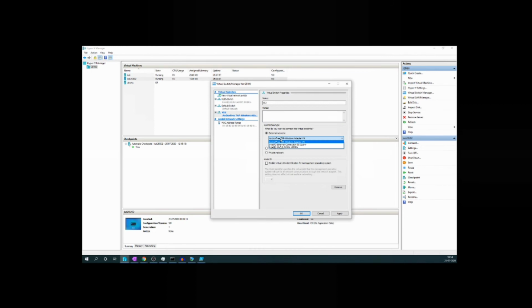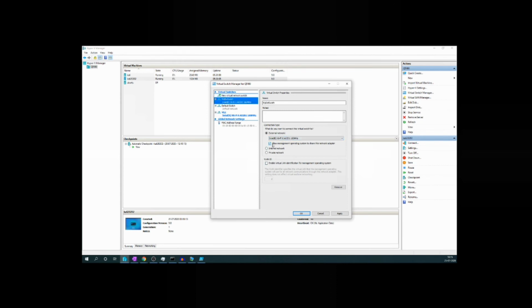If you are using an Ethernet connection, a LAN cable connection on your desktop machine or your laptop, you should select Ethernet, or whatever Ethernet connection name it is showing. It may be different in your case. For me, it's Intel Ethernet, but I have selected Wi-Fi because my laptop gets connected to Wi-Fi only. Most of the time, I connect with the Wi-Fi. So this is what you need to connect, and click Apply and OK. You will see my external switch, which I have already created with Intel Wi-Fi, and this is all.